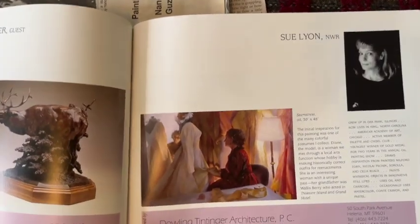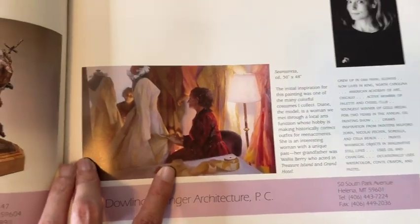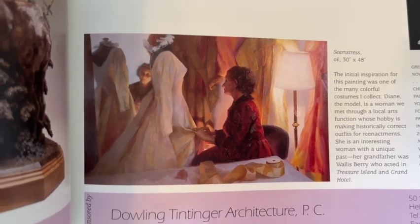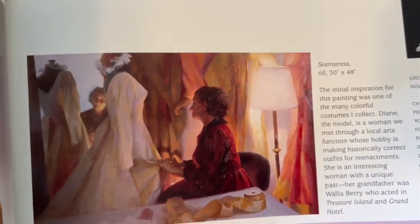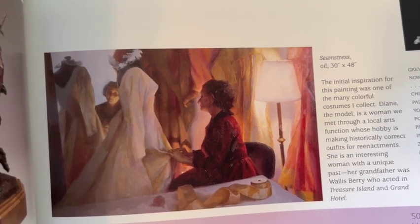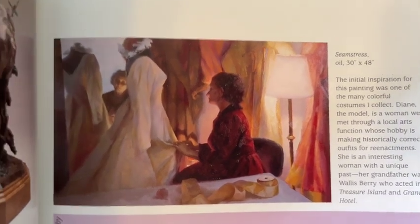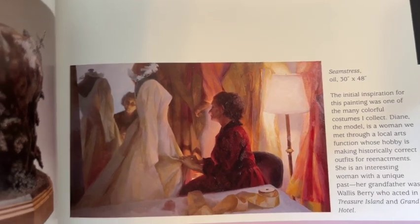Oh my God. So this is a piece, you guys, this is a story. This is actually pretty big for me. This is 30x48. I used to paint so much bigger. I think I got too much fear and I just don't paint big anymore. I did have this woman pose in my home studio, and it was a wedding dress that Scott and I bought from a resale shop. We just had other costumes, and she was kind of a seamstress. She lived north of us, somewhere like Mount Airy or Pilot Mountain. And she was the granddaughter of that famous actor,